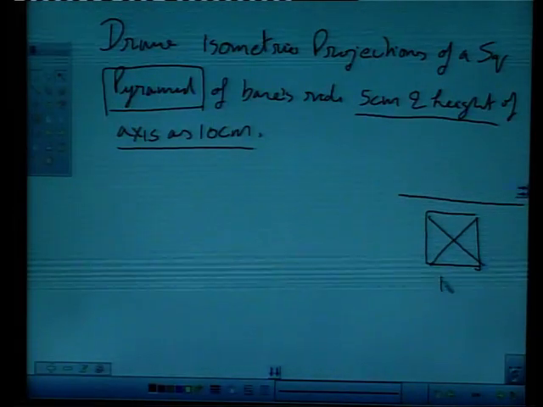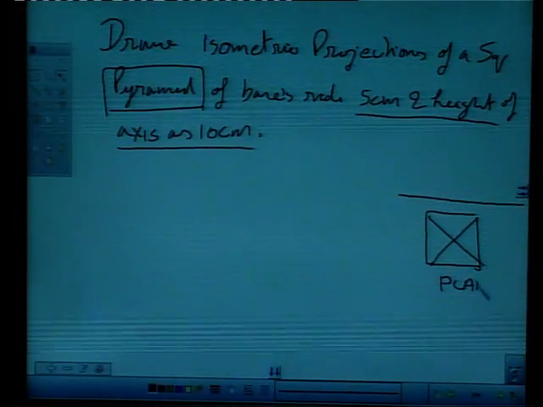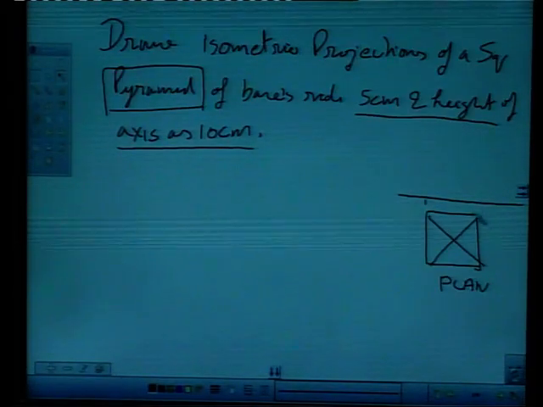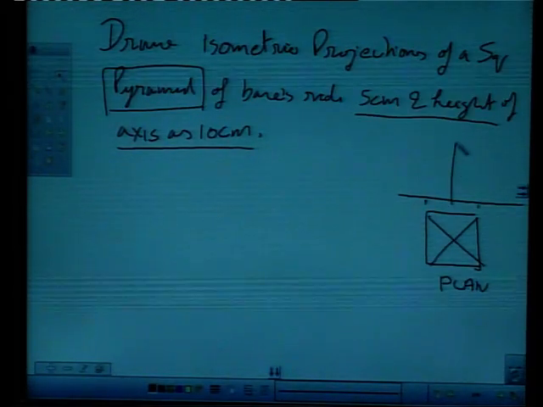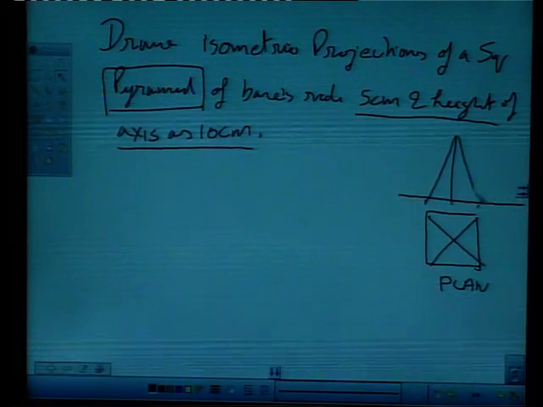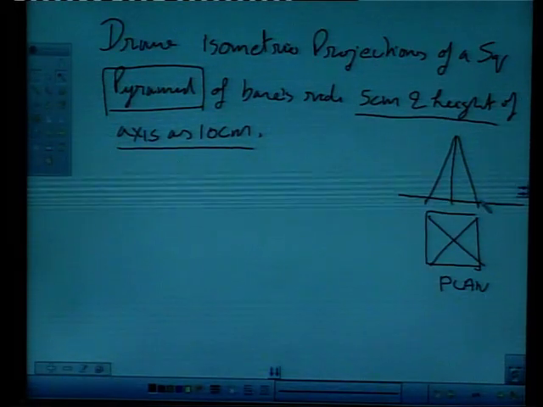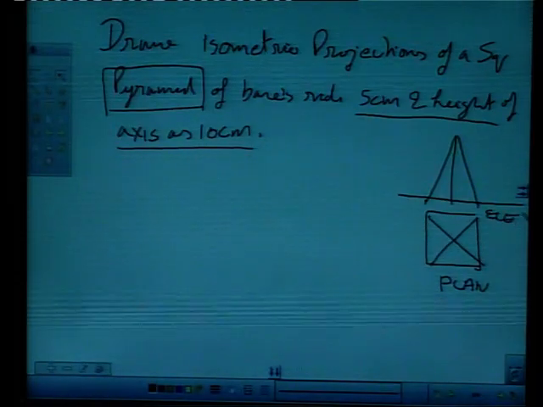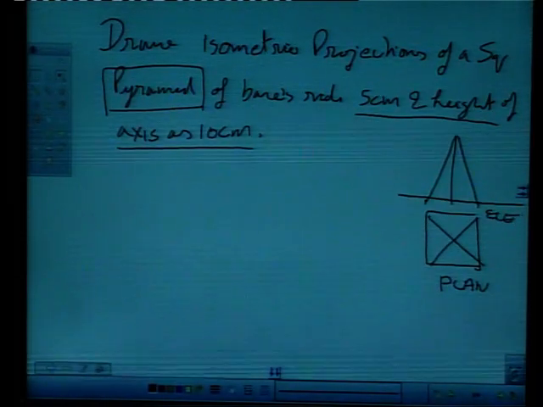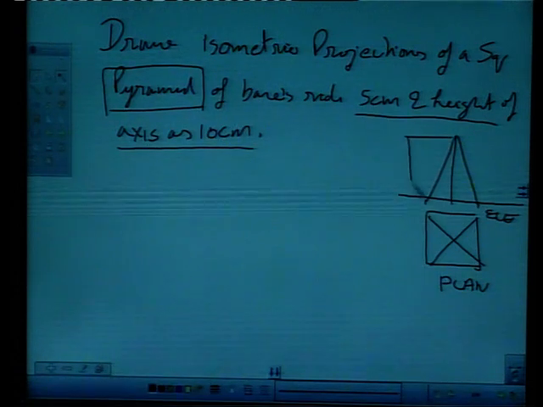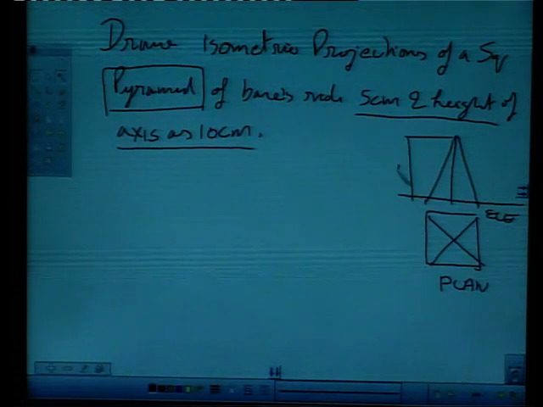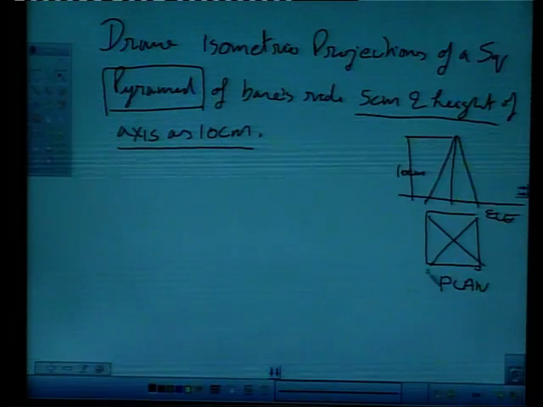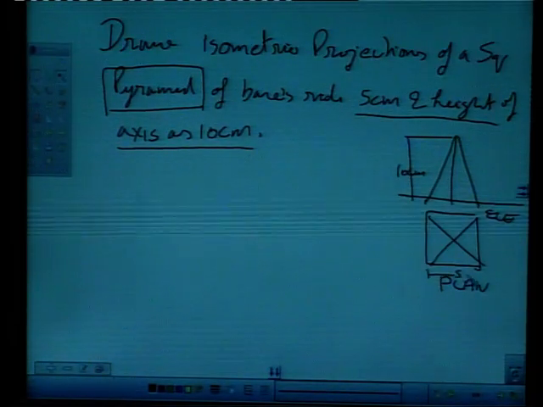This is plan, right, and this is elevation, right. This is plan, this is elevation, and this height here is 10 centimeter and side of the pyramid is say 5 centimeter,